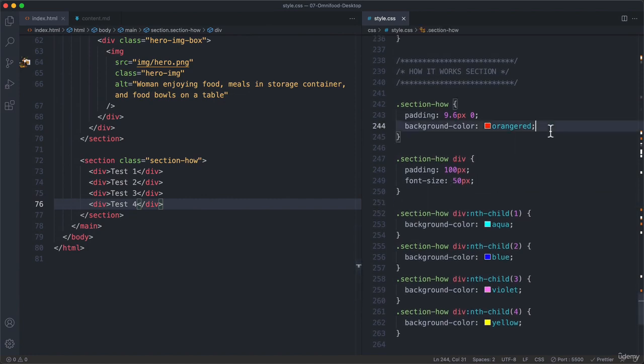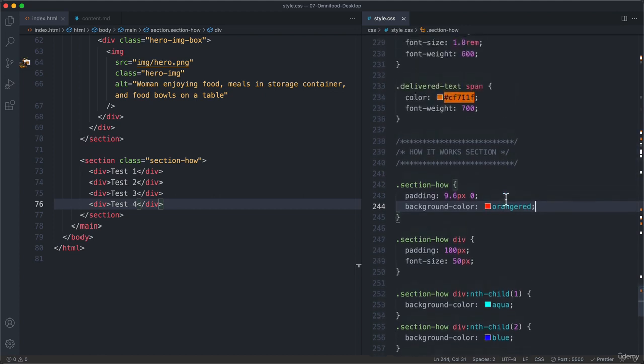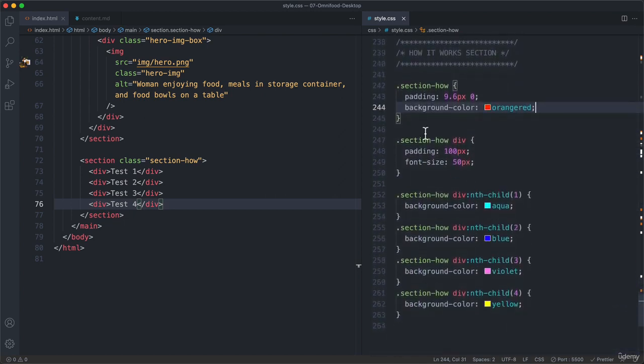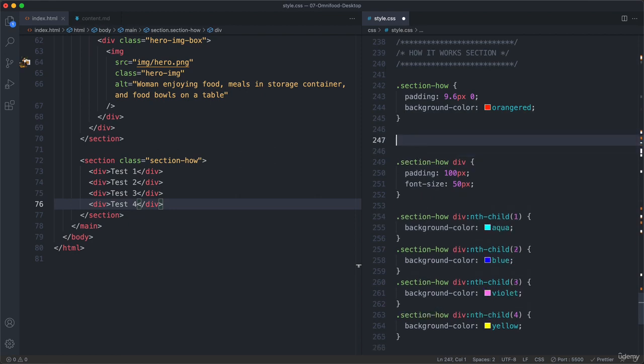Well, we could of course go back here to our section how and then set up that grid, right? However, we would then write that code maybe multiple times over and over again in different parts of our website. And so that's something that we want to avoid. And so instead, I will actually create a reusable grid. Okay, so that's the whole point of this lecture. And well, let's do it right here